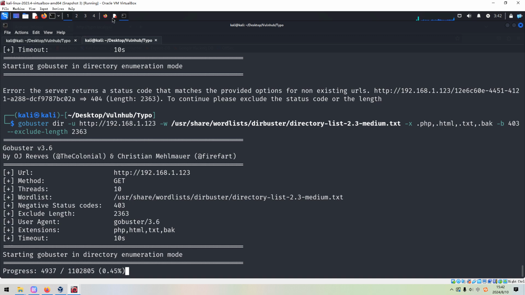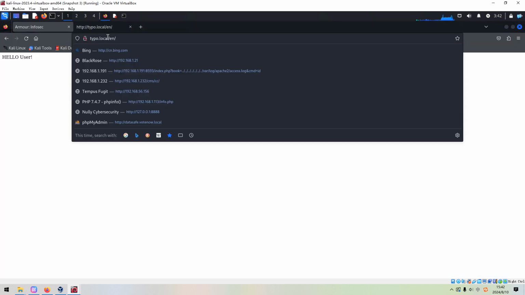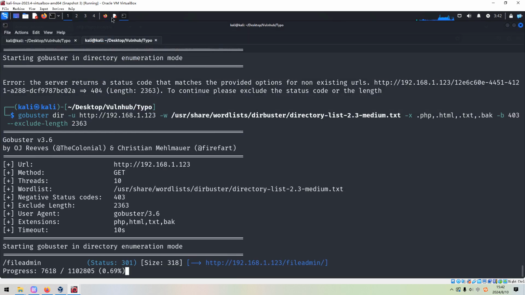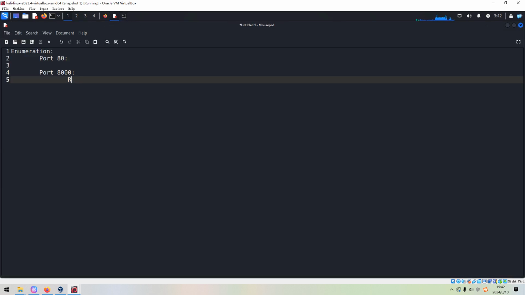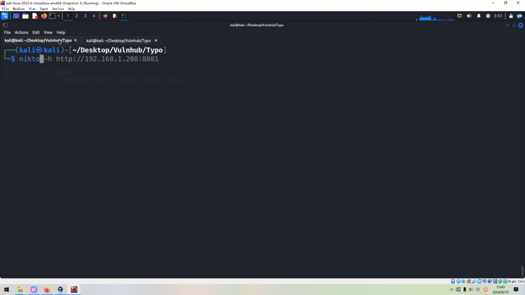In the meantime, we can put 8,000. 8,000 would be redirected to this one. Meanwhile, we can use Nikto to make automatic enumeration for the port number 8,000.